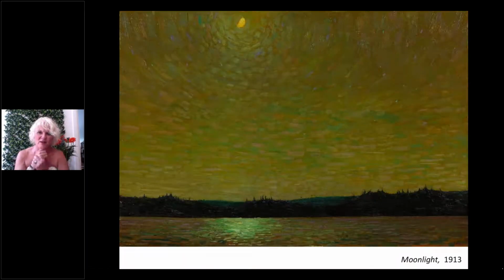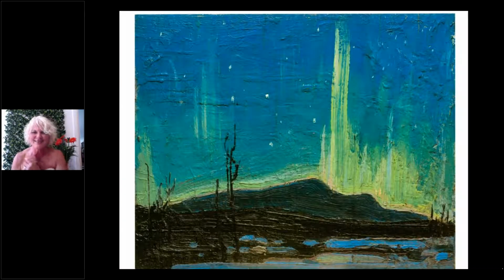Here's another one of his moonlit paintings, and I love this reproduction. It gives you a better sense than some of the images I was able to get. And you can only imagine, we're looking at copies of copies of copies, what it's like to sit in front of these things and see the layers and see the brush strokes. But here he's trying to show us, at moonlight, that it's not just black and dark. Here you've got a moon-filled night where the world turns golden. I could look at this painting for hours, but unfortunately we need to move on.